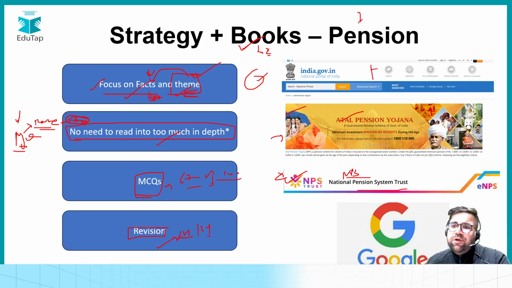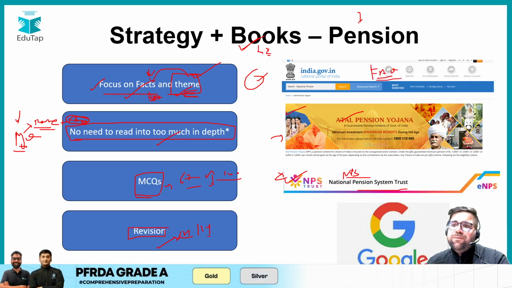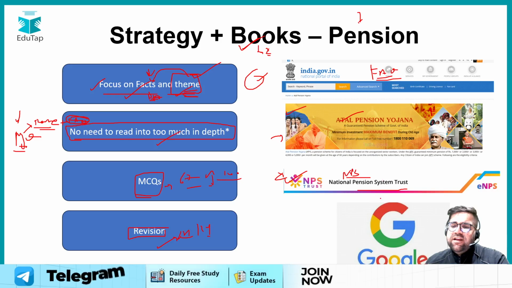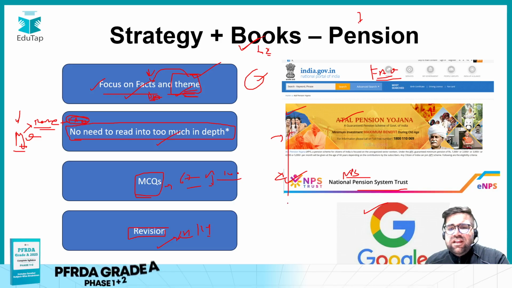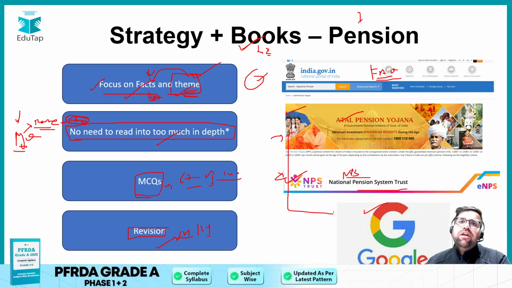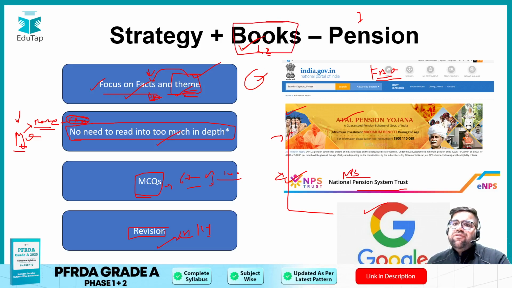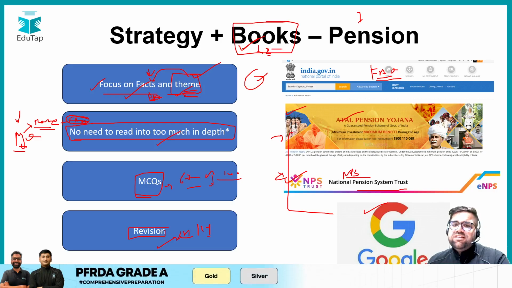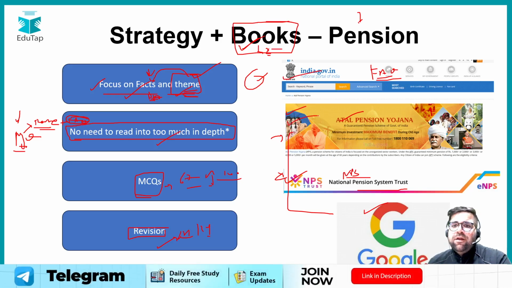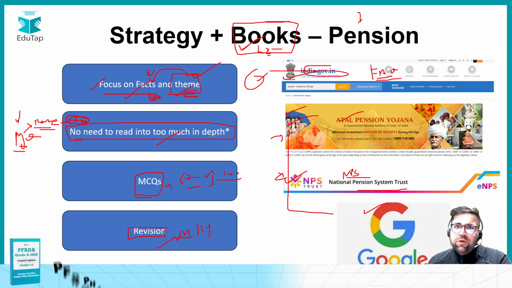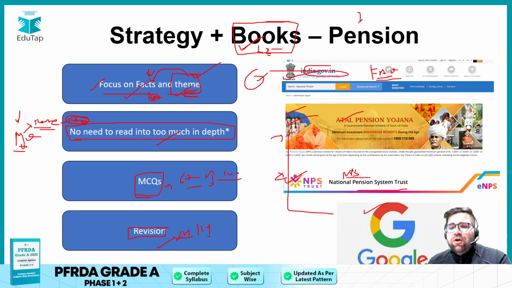And yes, as I have told you, FAQs are the most important things which you have to look after on your websites also. And yes, for certain static related concepts, you can use Google. So even if you do this much, there is no requirement of any book then. So make a logical decision. Don't run after books, because that will not help you. Because the syllabus of pension is not covered by just any book. So you can refer to multiple websites, and these websites are authenticated by the government of India itself. So it's not like a random website. And you can use Google.